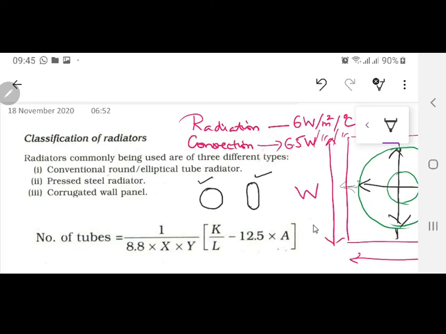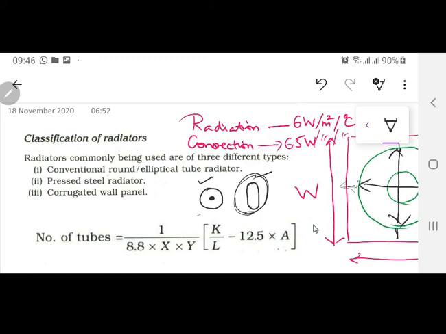Now if you are using the same surface area for this one and this one both, there is a disadvantage in the circular one, because the oil in the center of it is not going to be touching any of the walls, so it is not going to dissipate the heat. Plus the oil cost is also going to increase, because more oil is required since the volume is more. So practically, nowadays you are going to see more elliptical tubes in consideration.